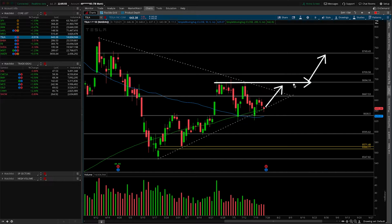The same sort of like the first initial move up and over this 694, look for your 710 as probably same day target, and then after that, that's when you watch out for that higher target up there. Now, if earnings are a complete flop, obviously you have 50 SMA and prior breakout point as support here, 630, but underneath you're starting to look at 600 psychological, and then this tiny gap underneath. Just like Apple, it's less of a gap to trade this range in here, but rather to act as a